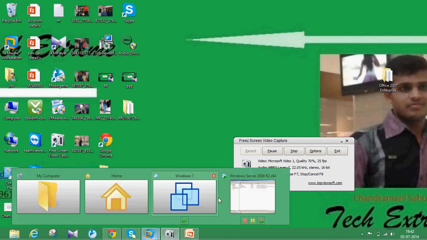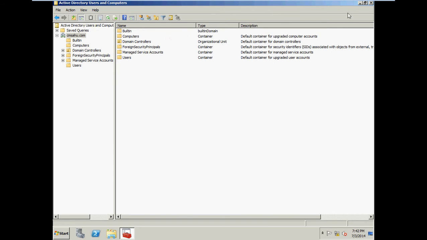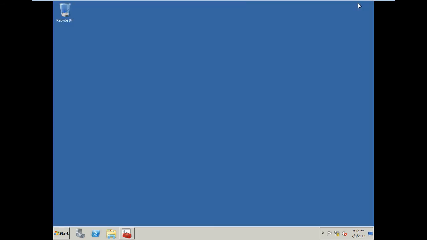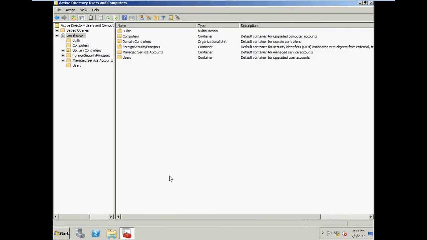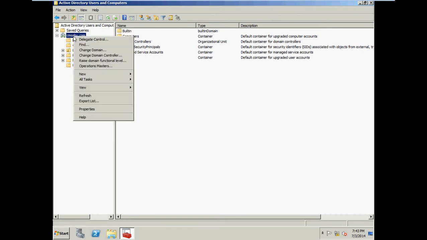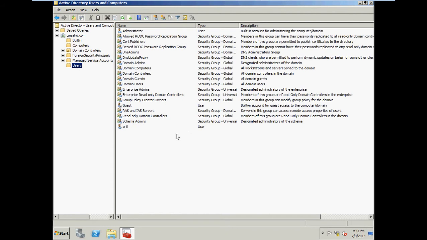So now we will open our VMware. This is the Windows Server 2008 R2 OS, and we discussed Active Directory Users and Computers snap-in. We understand the queries and how to define them, we know how to change domain controllers, and we understand the delegation of control. And we understand the built-in users and groups, what a particular group contains, and which particular rights and permissions it has. So we already understand these things.